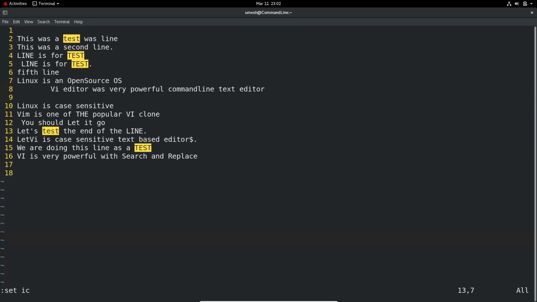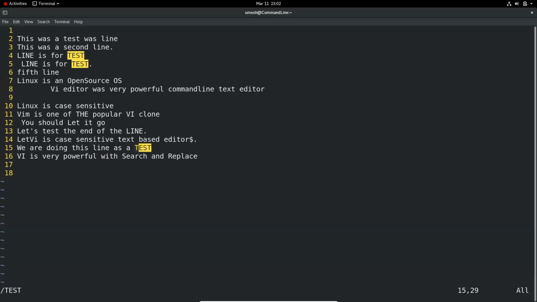So all the tests are displayed, no matter what the case is. And if I want to go back to the default case sensitive mode, I type set noic. Now if I search lowercase test, it will only search that. And if I search uppercase TEST, it will only search the uppercase text.